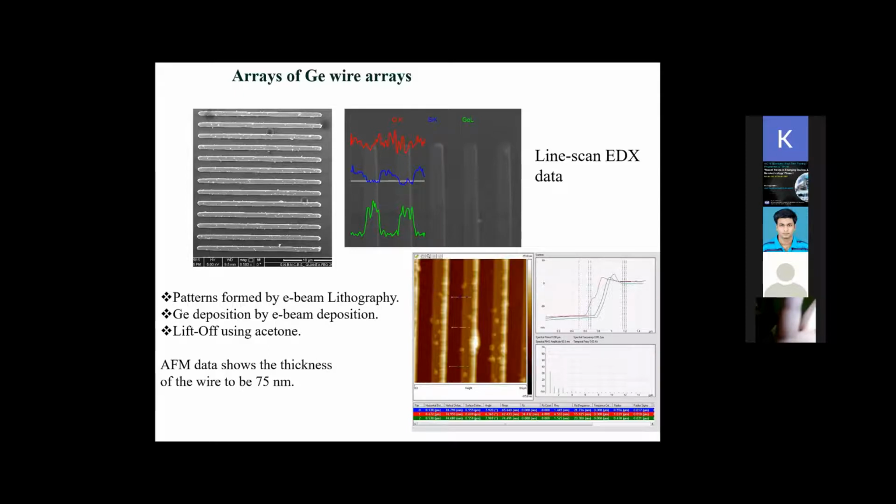If you work hard, then obviously you can do 50 nanometer lines also using this one, and then do a lift off. But again, for that case, the thickness of the wires, that means here it is 75 nanometer. For those, it cannot be possible to have such a thickness. Then you have to go down to maybe 10 to 15 nanometer thickness if you have to achieve a line width of 50 nanometer or so.